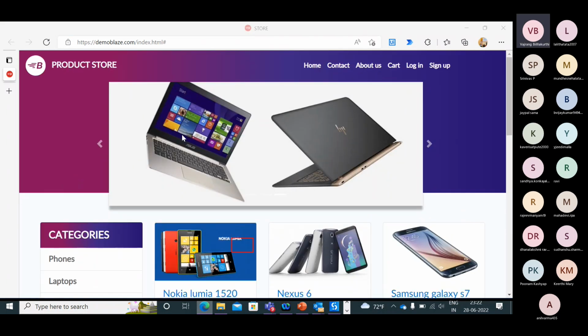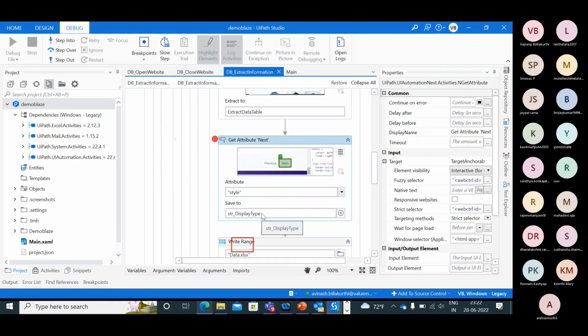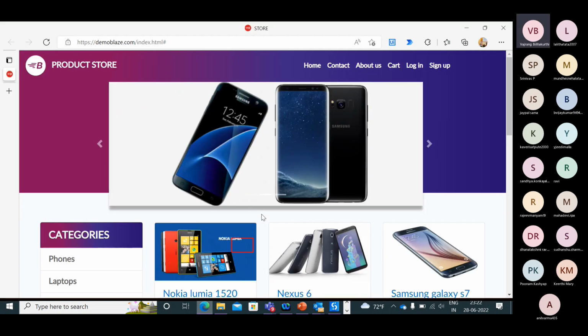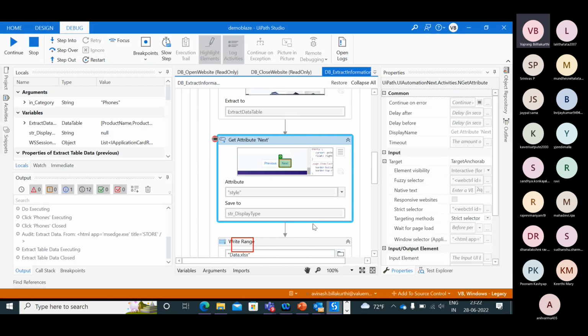Let's go ahead and debug the file. The first thing, it's clicking on some item, phones, then it's waiting, it's extracting all the values, and it came out because it does not have any next button.